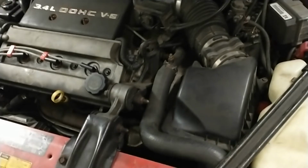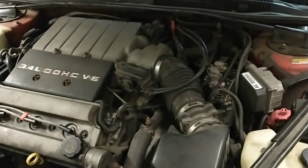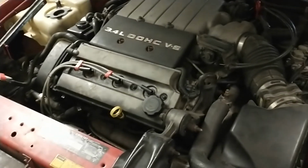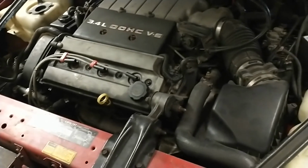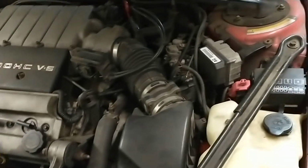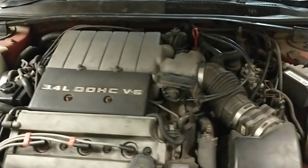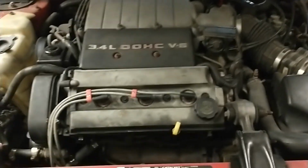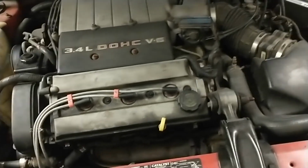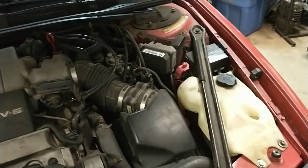And this, like I said earlier, has the same power as a Mustang of the era. Now the gearing's completely different, so I think quarter mile times for these, this is magazine time, so those are high, low, whatever. I think this would run like a 16 flat, which you got to put in context because that sounds horrible by today's standards. That's not slow for 1994. That's when a Mustang was running 15.4, which is also not slow. But